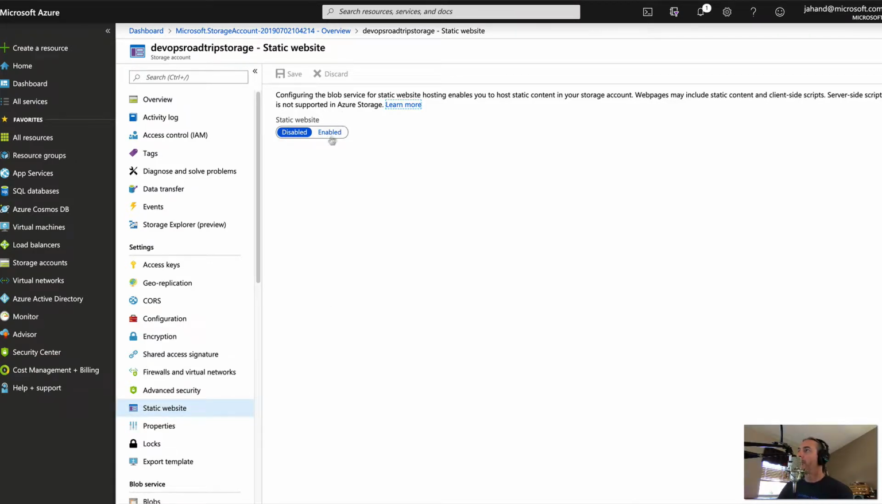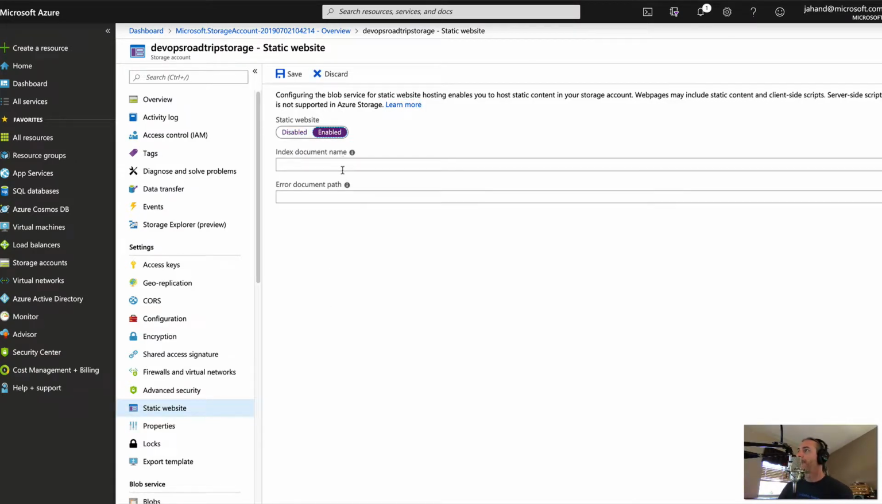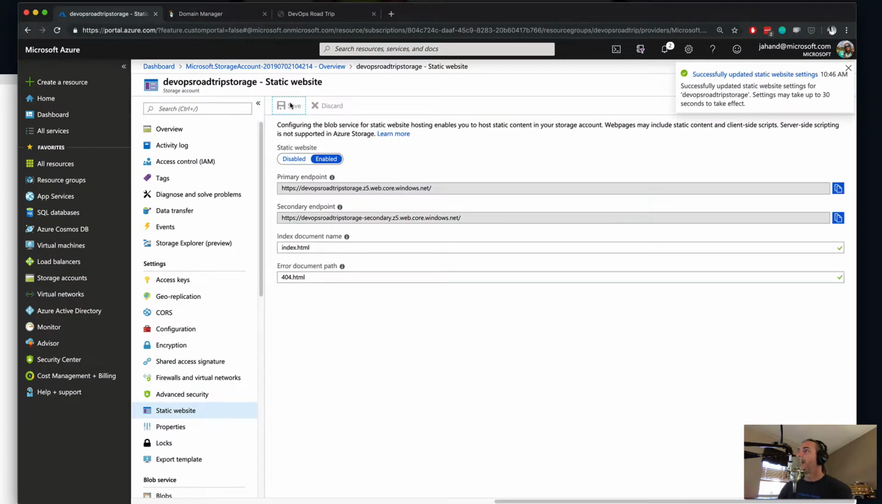And then when you enable this, it asks you for a couple of document names. In most cases, if you're using a static HTML website, it's probably index.html. Maybe it's something else. Whatever it is for your site, that's what you're going to want to put here. And then the same thing for your 404 page. If you're configuring your site for it to be something else, just put in that name. Now I'll hit save,